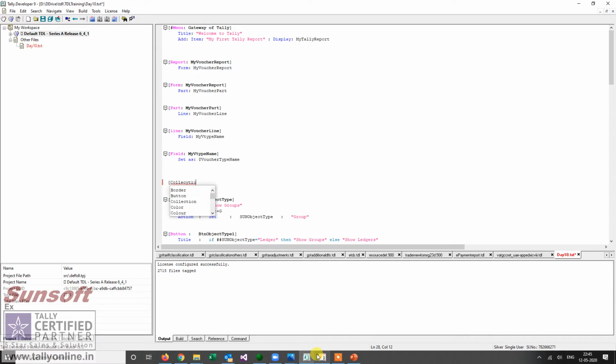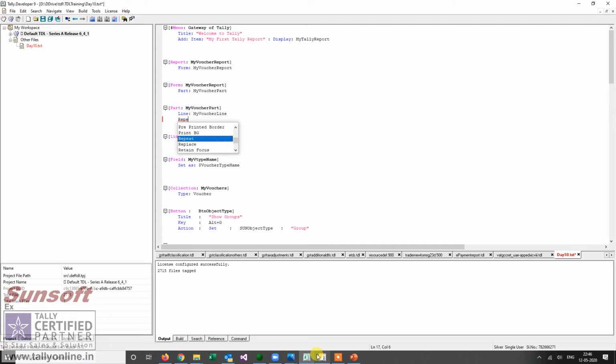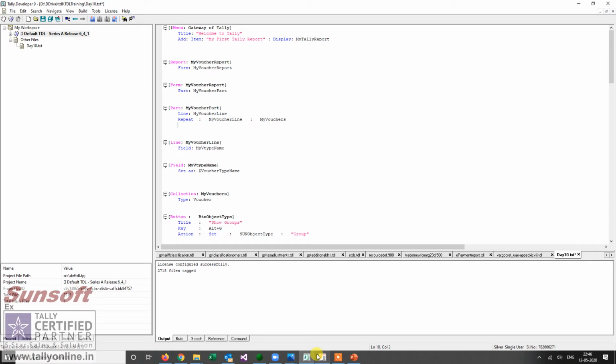Now I need one collection for vouchers. I name it collection my vouchers, and type will be voucher. Since I don't have a repeat, I have to put a context. So I give here repeat, I'm repeating over my vouchers, and scroll vertical to have scrolling.